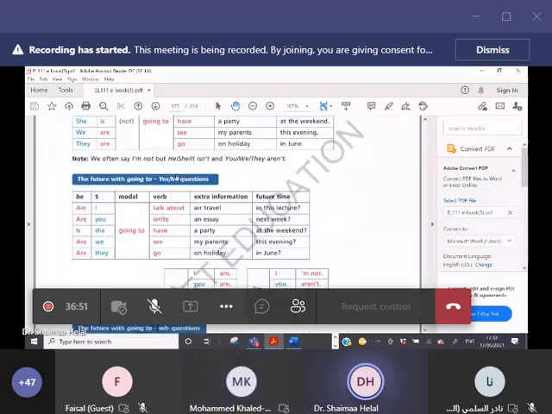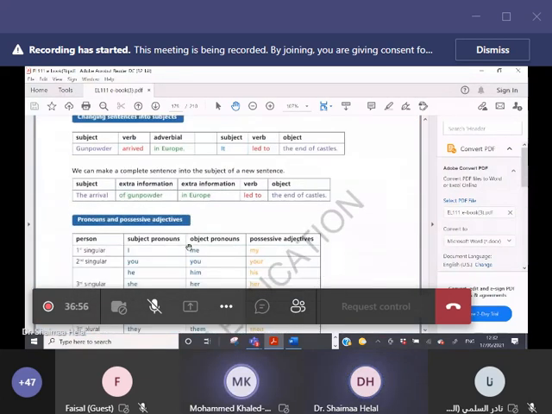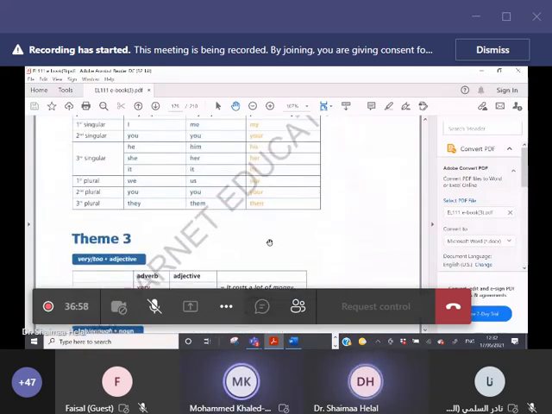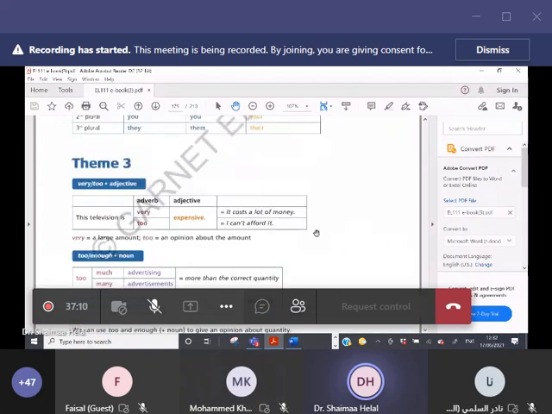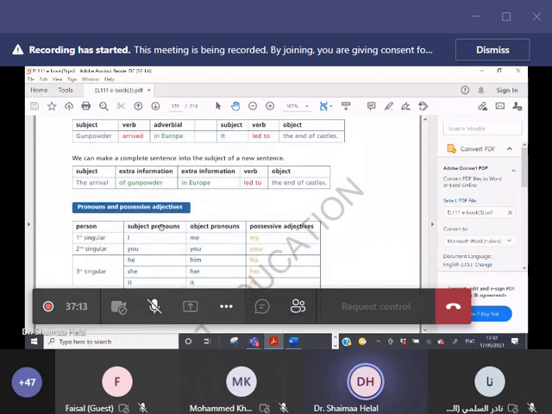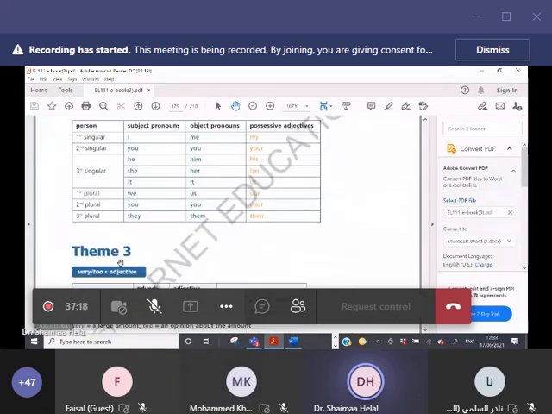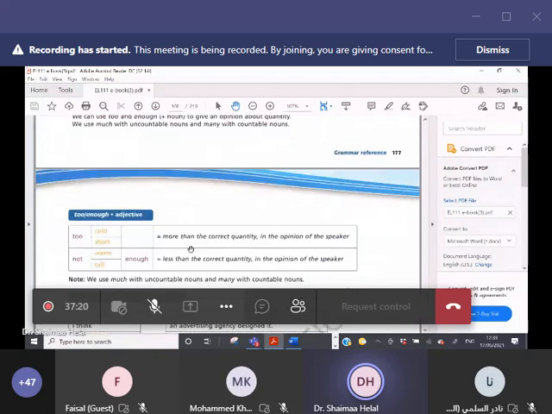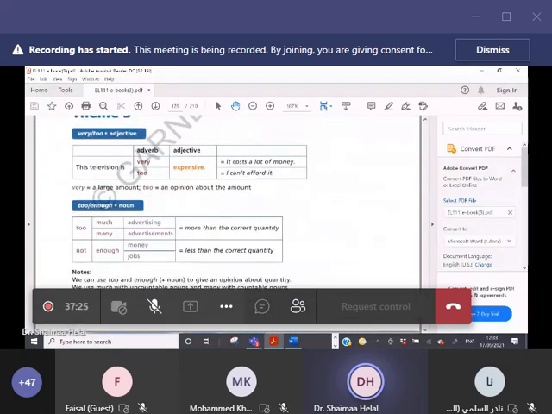So this theme 2, page 175. Theme 2 and theme 1, and half of the page, yes. Theme 3, half of the page of page 173, because with us pronouns and possessive adjectives, which I explained in the previous class, when I gave you the extra class, I explained this part actually. Yes. Okay. Until here. Page 177.